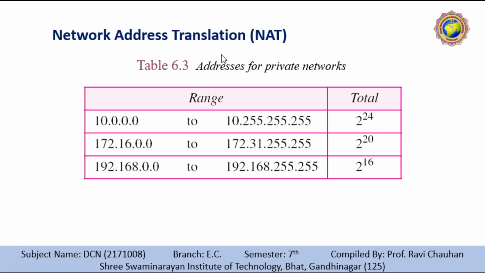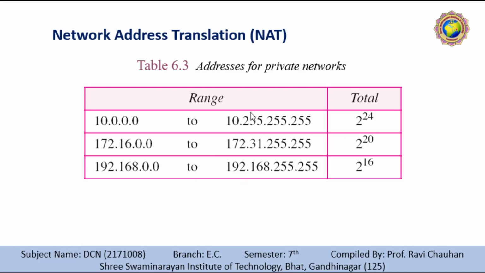As you can see over here, network address translation, short form NAT. NAT enables a user to have a large set of addresses internally and one address or a small set of addresses externally. The traffic inside can use the large set, the traffic outside a small set. To separate the addresses used inside the home or business and the ones used for the internet, the Internet Authority has reserved 3 sets of addresses as private addresses, as you can see in the given table.